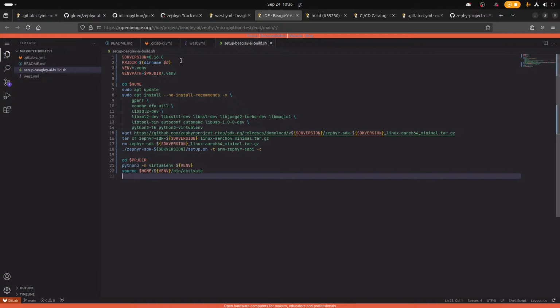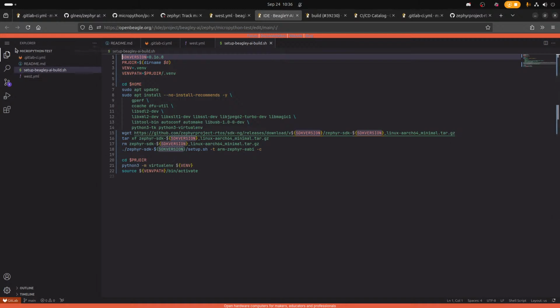Yeah. So the source path should be west paths. Okay. I like it. All right, let's save it.